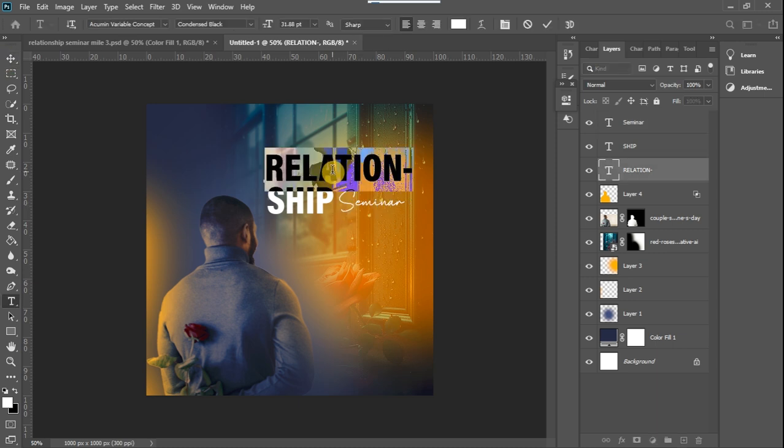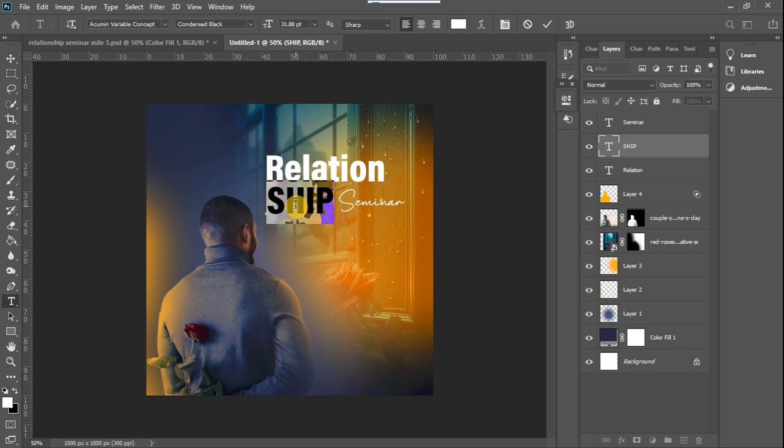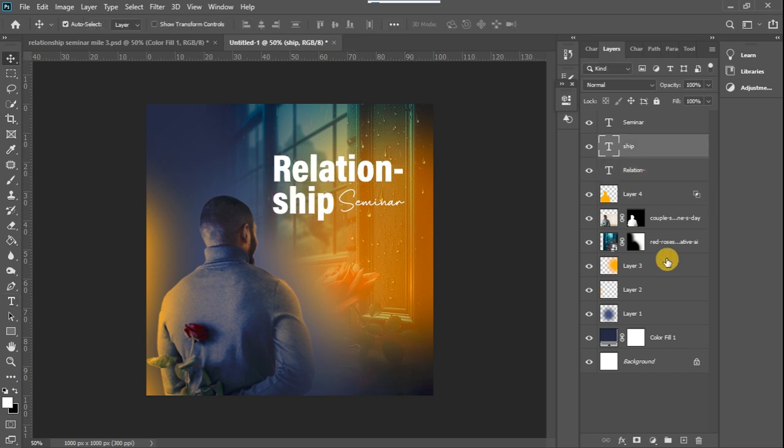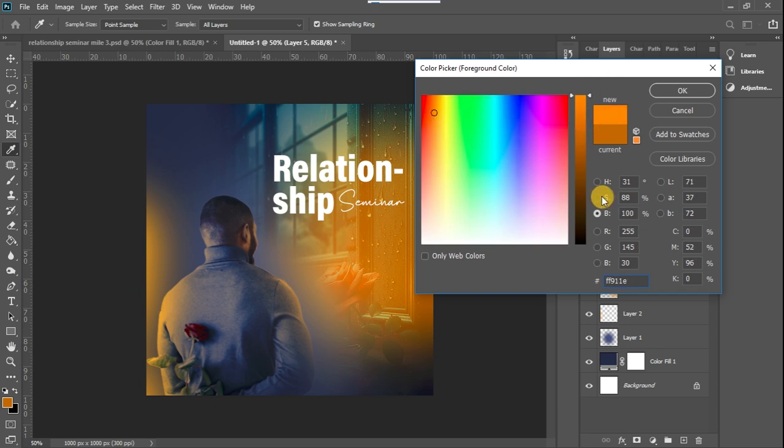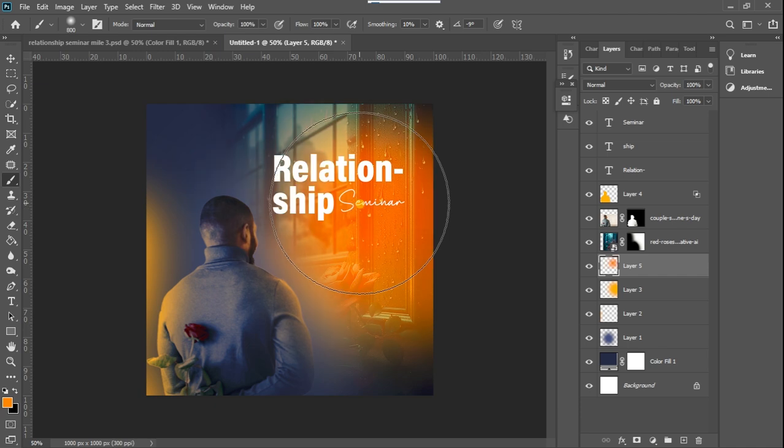I think I'll just change this back to lowercase like this. I think the lowercase version looks better. Add a dash there. Okay, so I'm just going to add a new layer beneath, and I'll still pick the orange color. Now dab a little more. I'll make sure it's the bright version of that orange color. Just dab there. This looks reddish, so